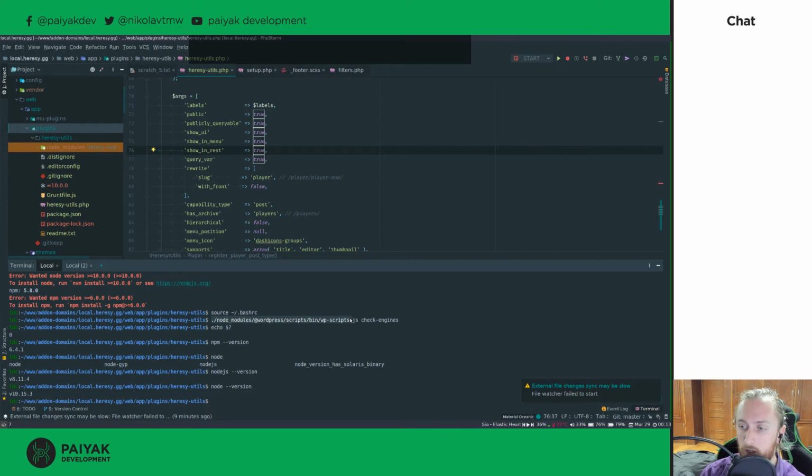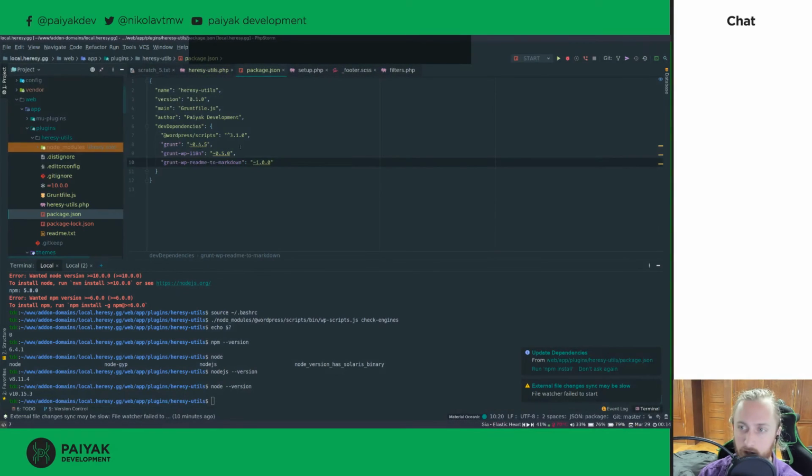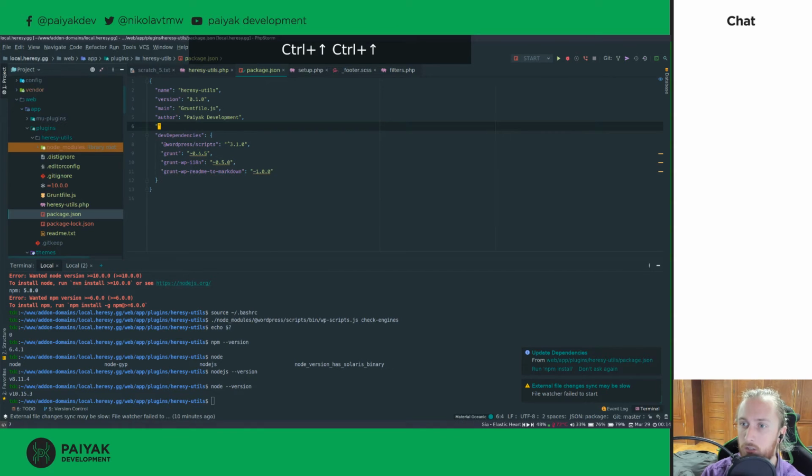I totally forgot about something. I'll get back to it in a second. Okay, so now we have this running. The next thing that they suggest doing, in the documentation again, is adding the scripts section and having the scripts that you're going to use. Build and start, in my case, is what I'm currently going to use. So I'm going to go into package.json,